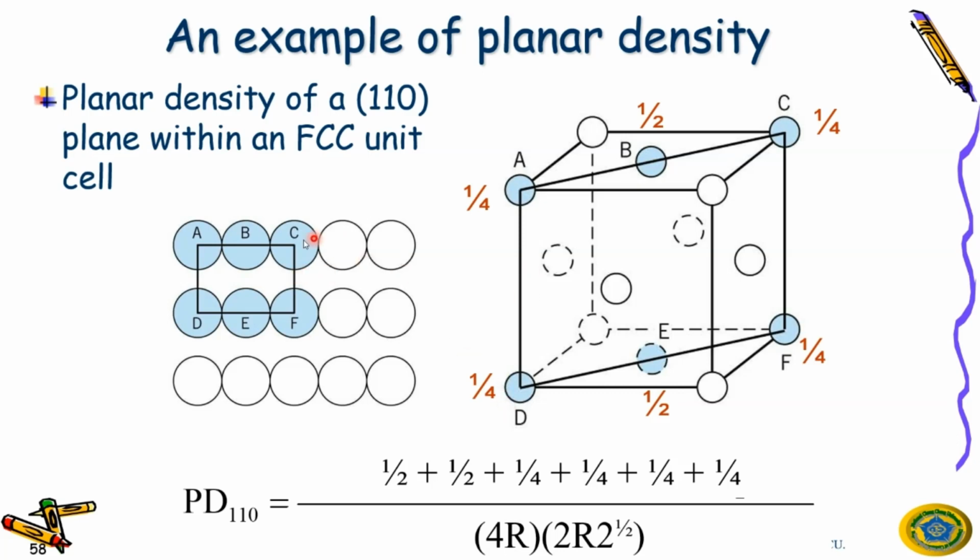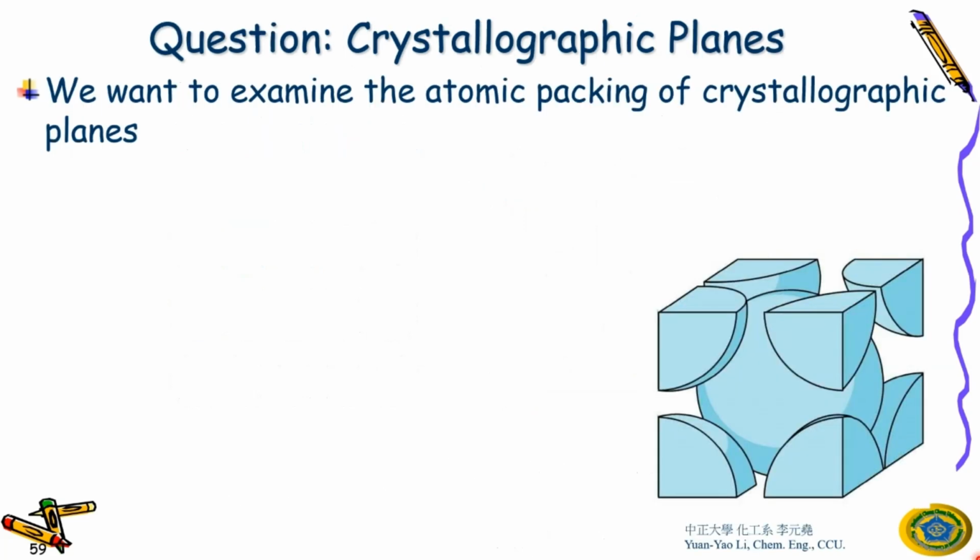So if I tell you the radius of the copper in this case, or the radius of the iron in this case, you just put the radius in this symbol here, and then you get an answer. Okay? In your final exam, please, this is important. Okay, so